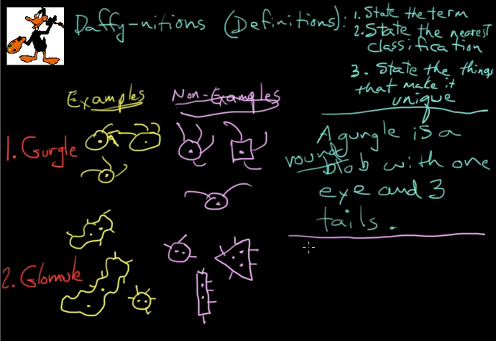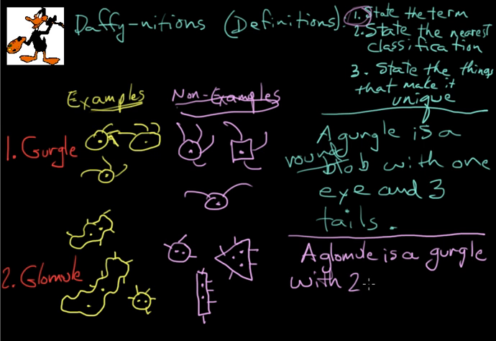Okay, so what is a glomule? Well, a glomule is, and remember, state the term. Number 1, we just stated the term. A glomule is, state the nearest classification. What's the nearest classification? Does a glomule look like a gurgle? Maybe we could say a gurgle, and then state the things that make it unique. A gurgle, because remember, a gurgle is a round blob with 1 eye and 3 tails. These are not round blobs. And so a glomule is a gurgle with